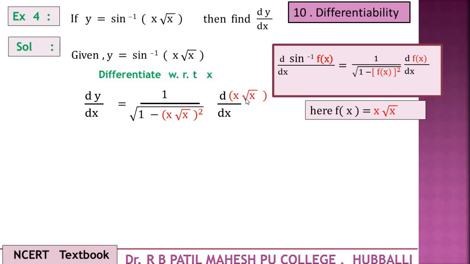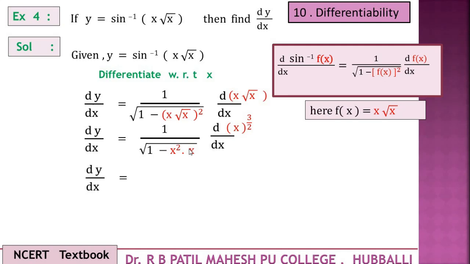Base is same and it is a product, therefore power is taken as addition, that is 1 plus 1 by 2, it becomes 3 by 2. Then easily we can write the differentiation, that is x raised to 3 by 2, following the x raised to n standard function derivative. Okay, so let me first write the first term, dy by dx. First term square is x square, second term becomes x, and here x into root x product is written as x raised to 3 by 2.